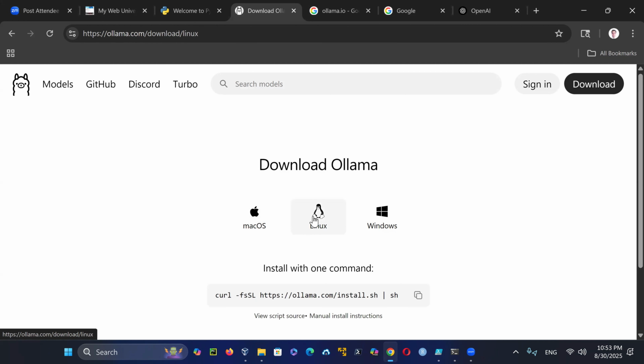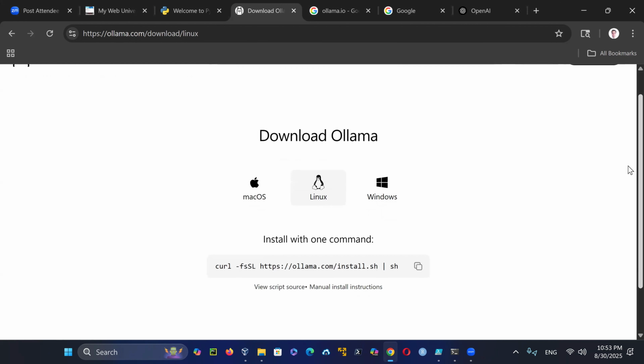On the Linux platform, whether you're running a Fedora distribution like Red Hat or Rocky or Linux Ubuntu or something, you have to make sure that curl is installed. And then curl is to say download this one, and at the same time run Bourne shell on the output of this one, and execute it and install it for me. So this one line command will just install it whether you have it on Linux Red Hat or Linux Ubuntu or Linux Fedora distribution